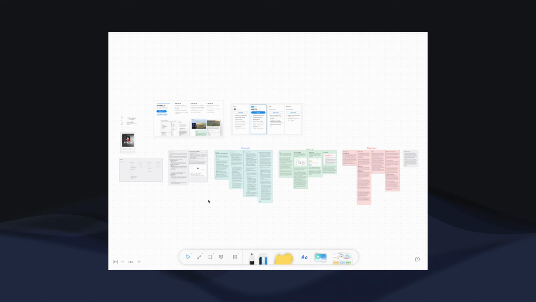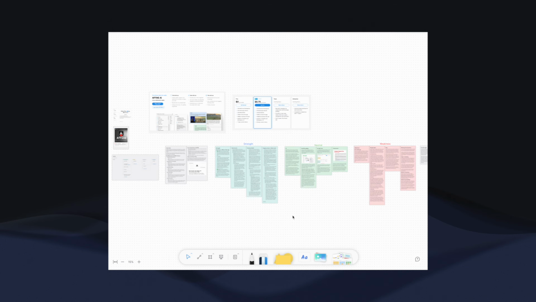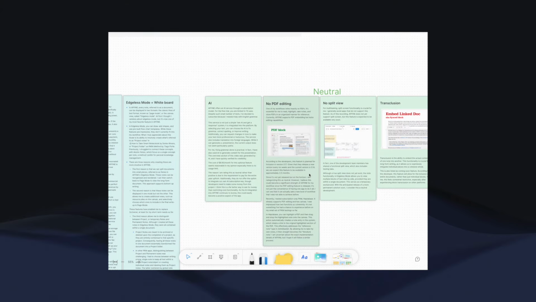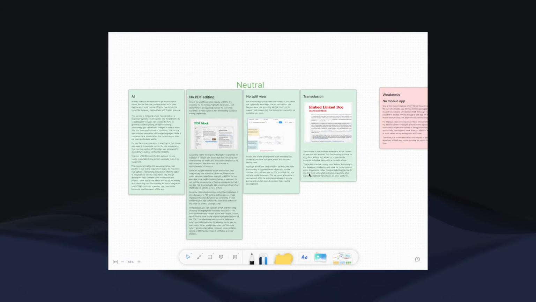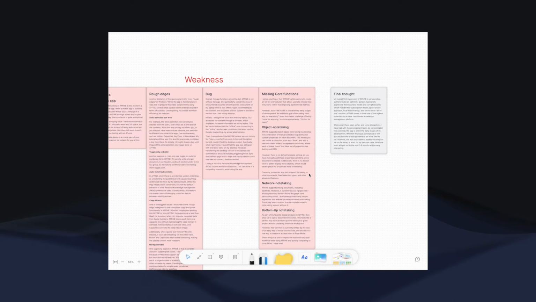In other PKM apps, distinguishing between project and permanent notes was challenging. I had to choose between writing a long, single note to keep all text within a single project note object, or creating individual notes and labeling them as project notes. The latter cluttered my global note space, and upon project completion, I had to ensure each note was archived. This process became particularly confusing when I wanted to include a permanent note as a part of a project. In such a case, I used a note for reference but did not want to delete or archive it after project